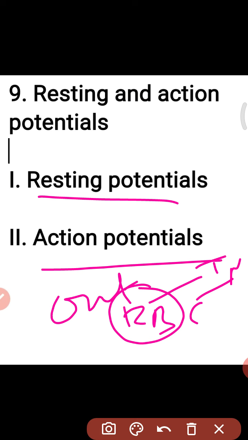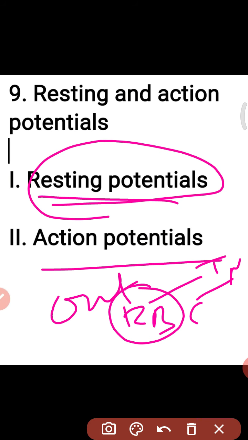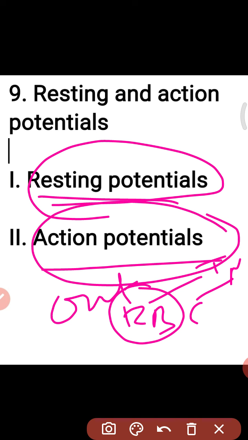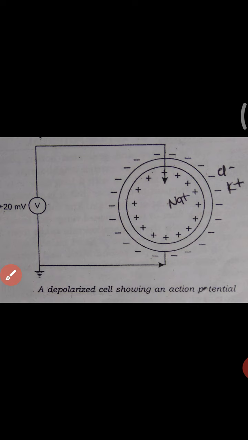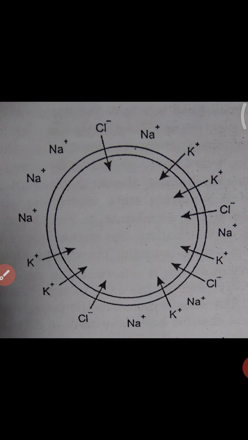Now, this cell membrane allows some substances to pass through it, whereas others are not allowed to pass through the cell membrane. First we will briefly discuss the resting potential. After that we will briefly discuss the action potential. Now the first one is